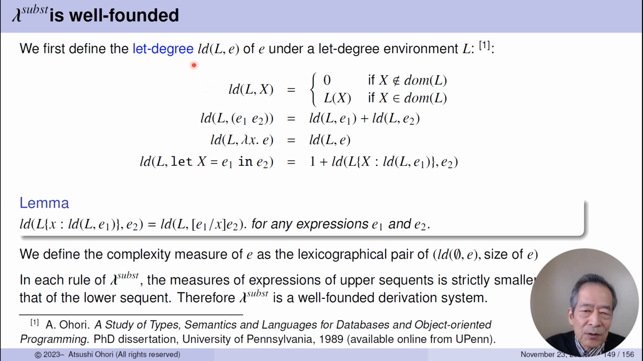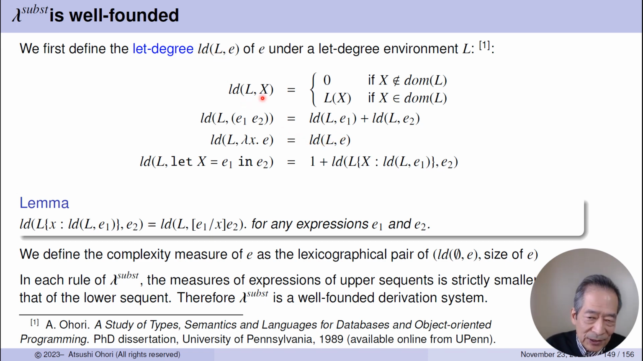So in order for this to be defined, we need some kind of interpretation using an environment, so that the measure of x is 0 if x is not in this domain, otherwise L of x. Now this is just addition, and also this is the same as E, right? So this somehow counts